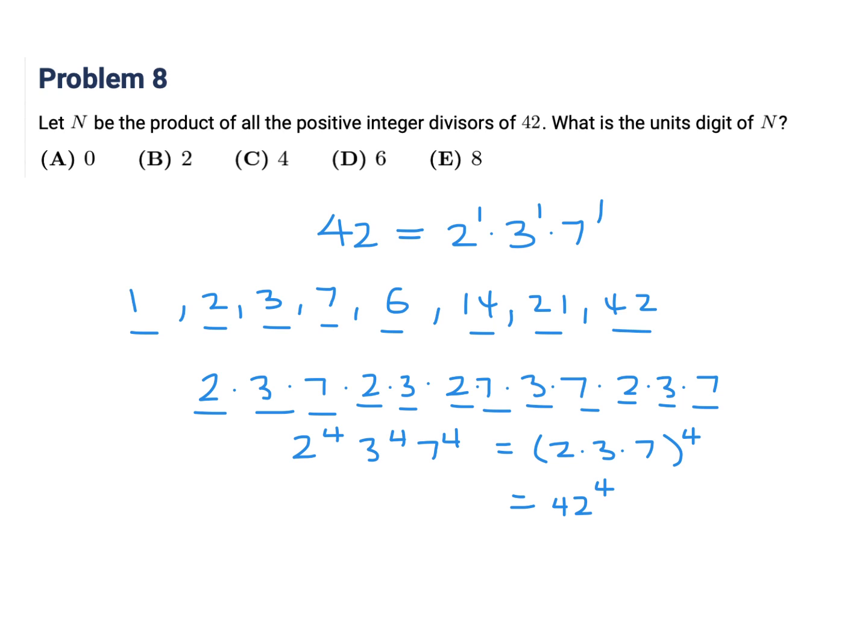Okay. And 42 squared to the power of 2. 42 squared, that's pretty easy. That's 1764. So 1764 squared is the product of all the positive integer divisors. Now you can multiply this out, or you can just look at the units digit. What's 4 times 4? 4 times 4 is 16, right? So now I don't know if the last two digits will be 16, but I am pretty confident that whatever this is,